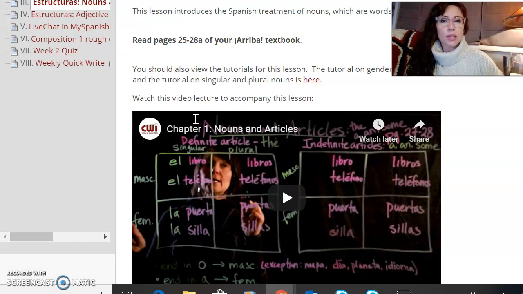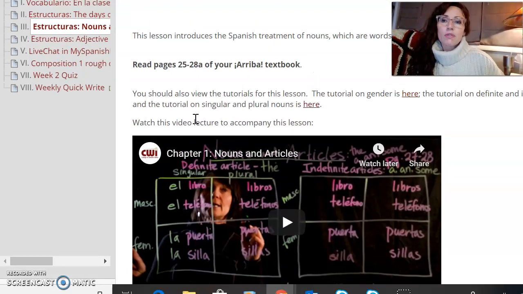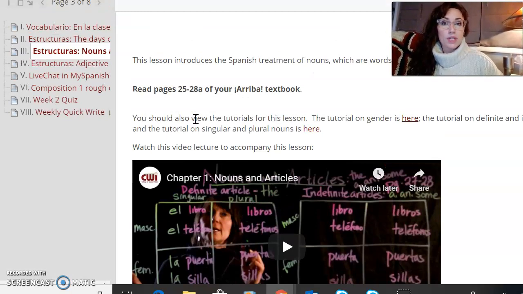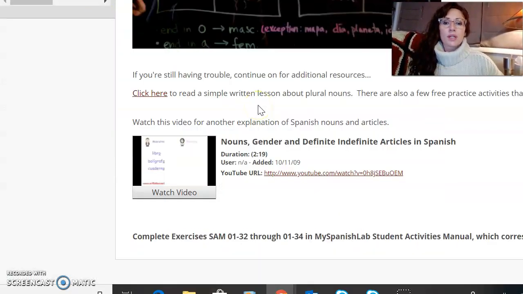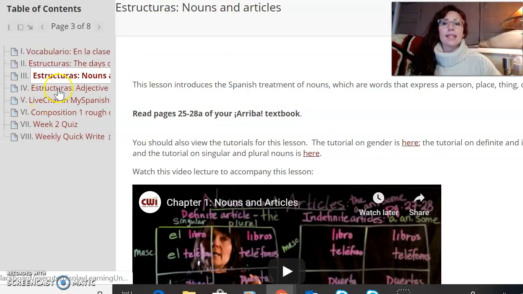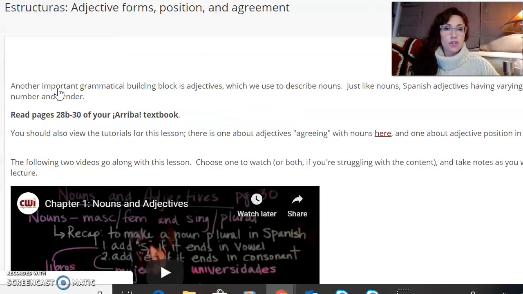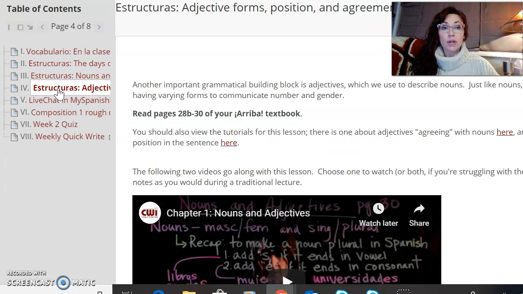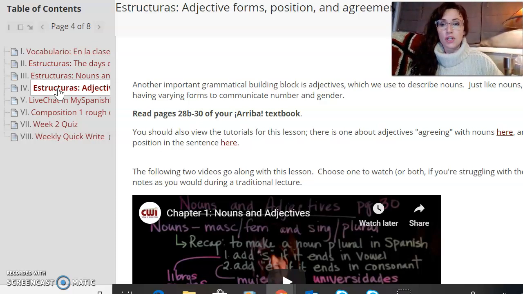And I do recommend, if you're struggling with the content, consider, rather than starting in My Spanish Lab with the to-do list or the calendar view and just working your way through everything, instead you might consider starting in Blackboard using these materials, going down here and seeing, okay, I need to do that section of the My Spanish Lab assignments. Once you've done those, come back and then do the next lesson and kind of break it up for yourself a little bit better that way if you're struggling with catching on to some